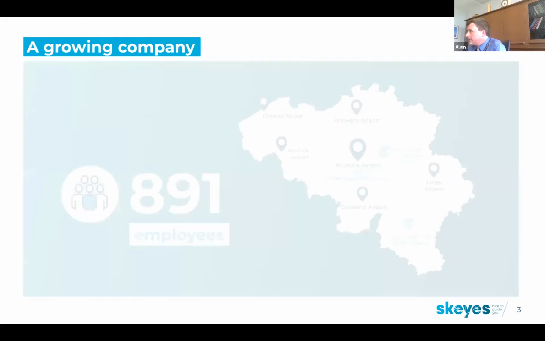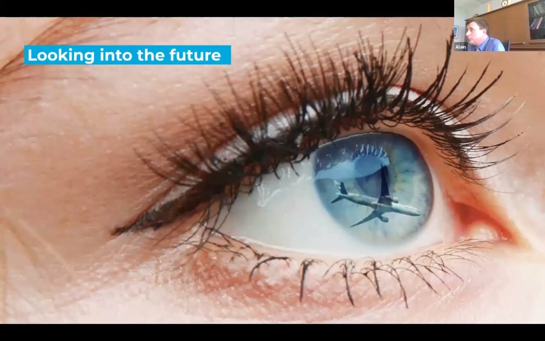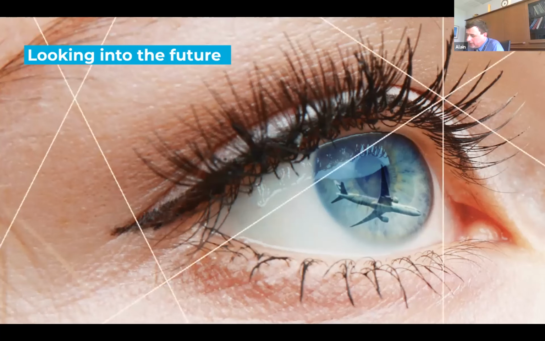The company is composed of about 900 people. The headquarters is here at the airport, Brussels National Airport, close to Steenokkerzeel, where we have a tower to control the Brussels airport, and we have also 5 other towers in Belgium, plus 2 radars. One of the 2 is indeed rotating normally behind me. For the moment, it's not behind me, it's in front of me, because I changed the position. Looking to the future, we are looking to systematically improve our operations, and we have a dream.